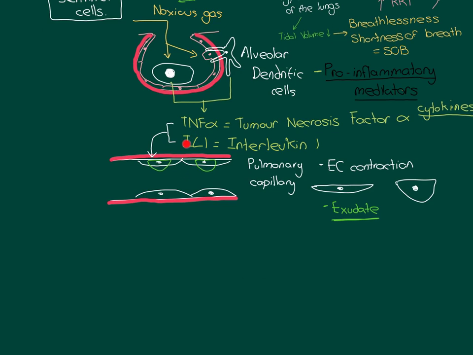The cells aren't going to be able to move through those gaps. The gaps are too small without help for the cells to actually go through on their own. We'll talk about how white blood cells get through in a moment. But proteins certainly now can, and an exudate is a fluid formed from the blood plasma which contains a lot of the proteins that are in the bloodstream.